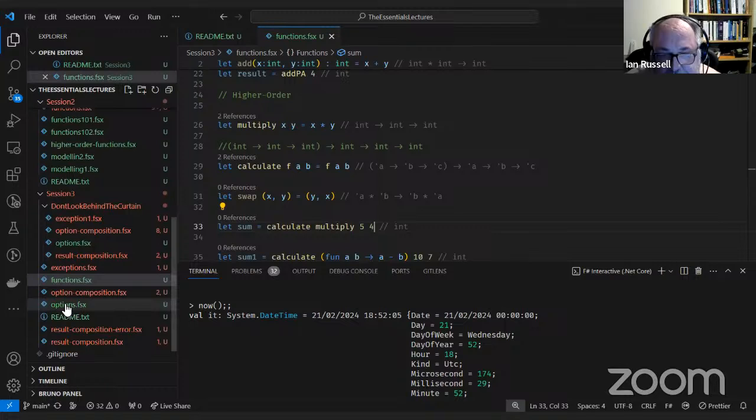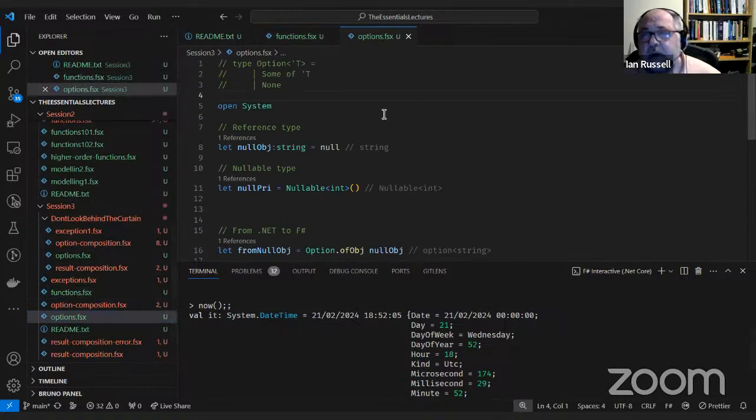So first thing we're going to look at today of the new stuff is the option type. So the option type is the F# and functional programming style of program that stops us using nulls.